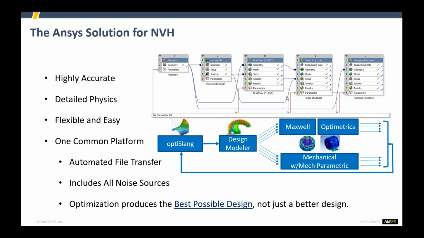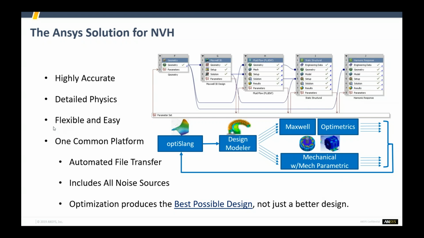Then from Design Modeler, you can send the geometry to either Maxwell on the top, that's for electromagnetics, or to Mechanical. And then optimetrics and parametrics simply means that you can have parameters in your design that,